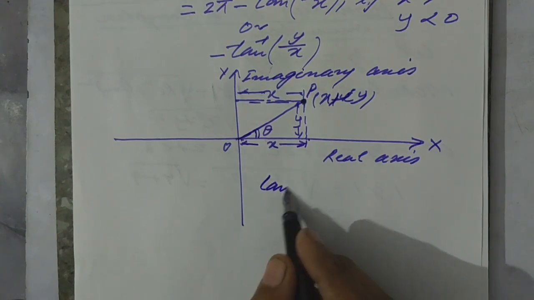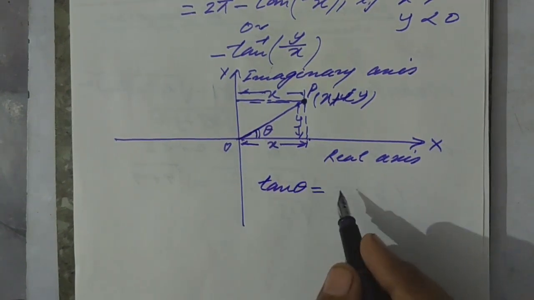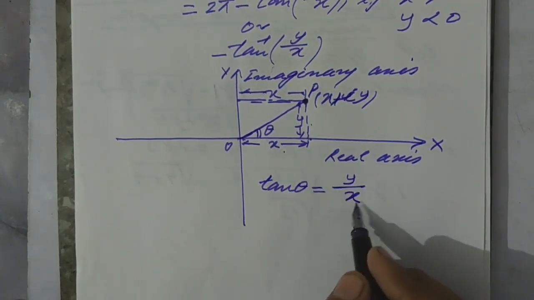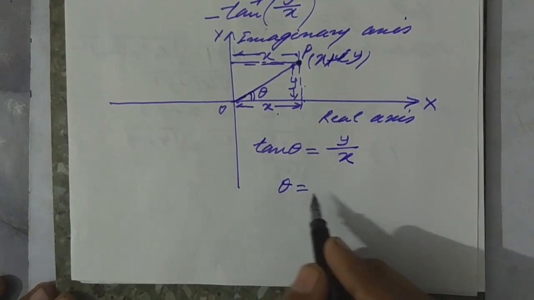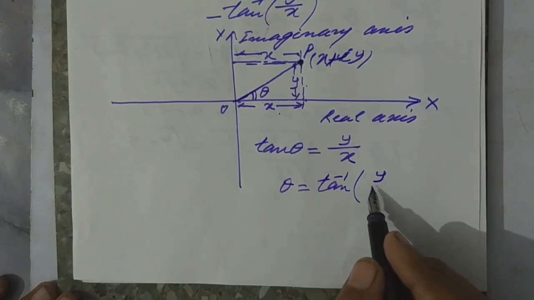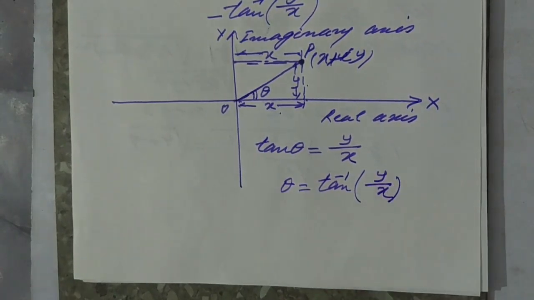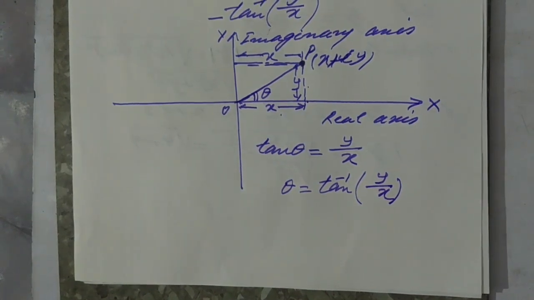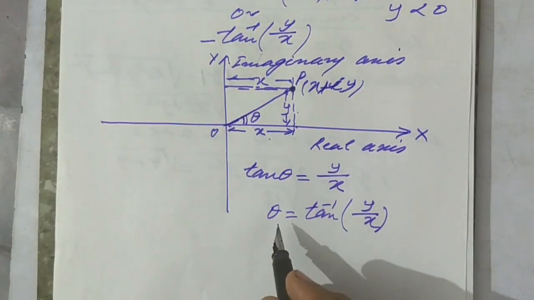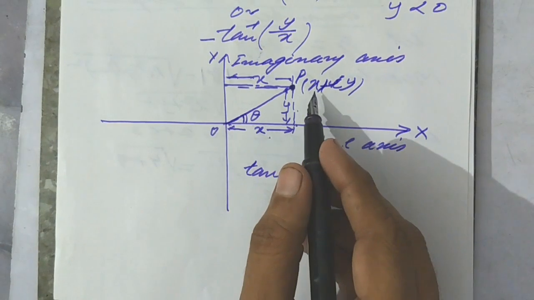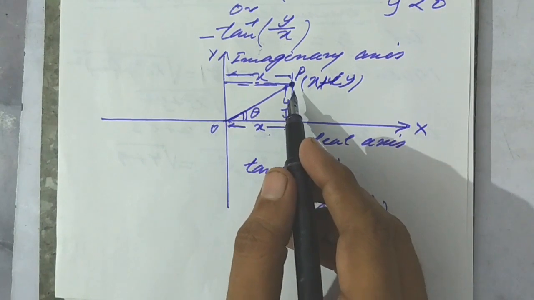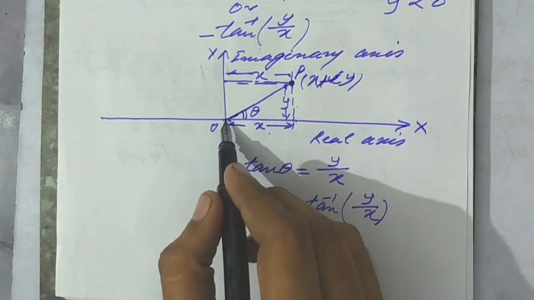tan theta is equal to perpendicular upon base, that is y upon x, and ultimately theta is equal to tan inverse y upon x. But this is when x plus iota y lies in the first quadrant, and as you see, all the distances